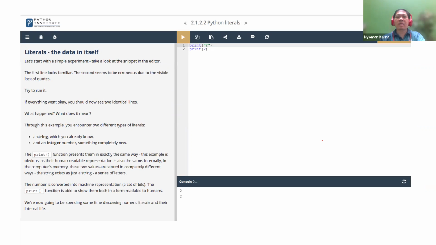Now, if we print 2 and also print 2 from this example, what is the difference between the two? The first one, this 2, is a string, and the second one is an integer number.